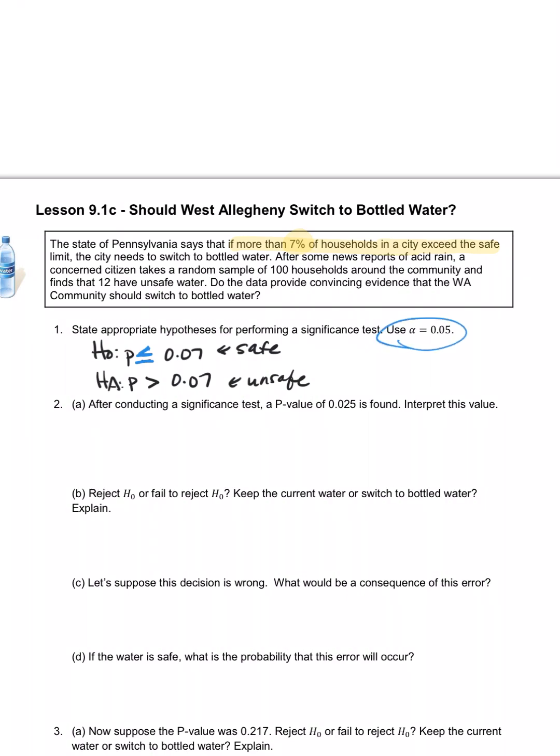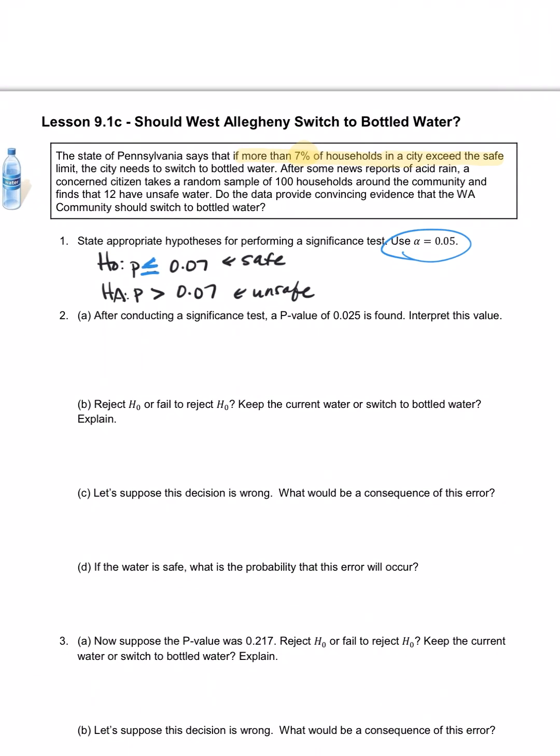They tell us this right here. We're going to need that. All right, so after conducting a test, a p-value of 0.025 is found. So we're going to interpret this p-value. This is that big old sentence we worked on yesterday. We always start it with assuming the null is true, but in context. So remember, what is the null? That the water is safe, right? Assuming the water is safe,